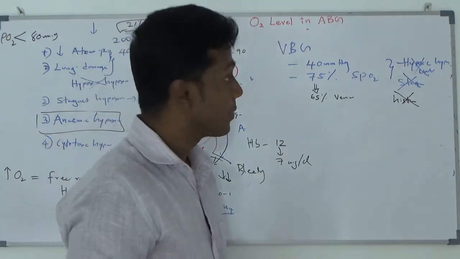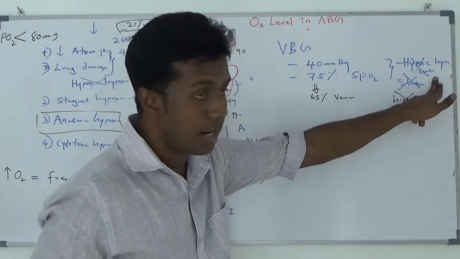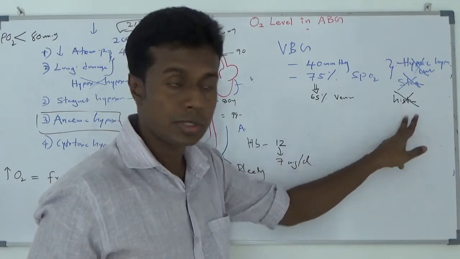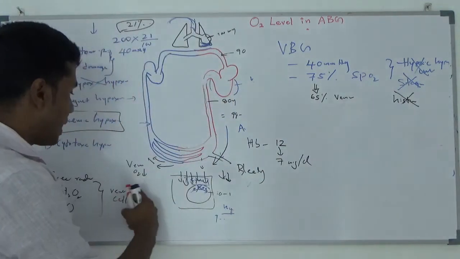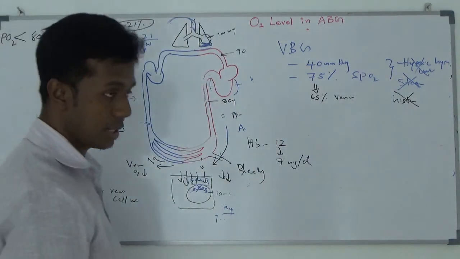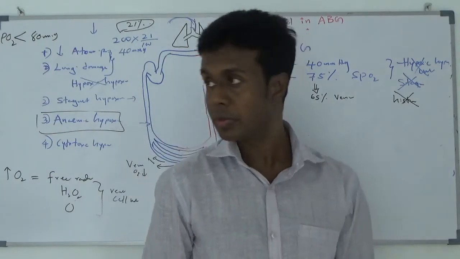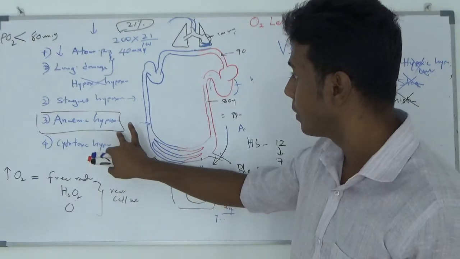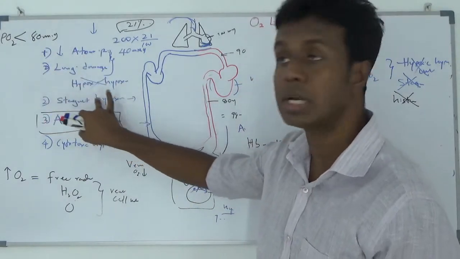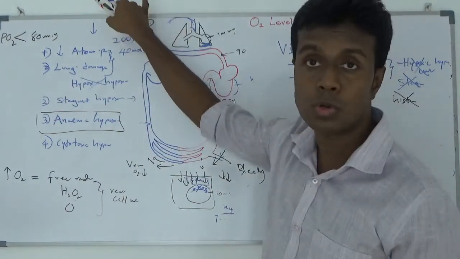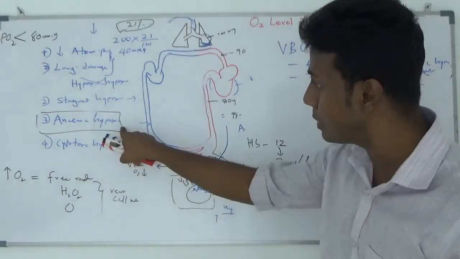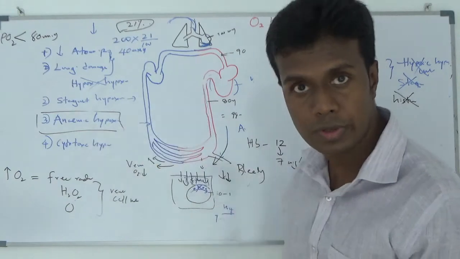during the surgery, unlikely to have hypoxic hypoxia, unlikely to have stagnant hypoxia, unlikely to have histotoxic hypoxia. The only problem you can have here is anemic hypoxia. What can you do? Your cardiac output is okay, no need to increase the blood pressure. Your hypoxia is not there. Even if you increase oxygen from 20% to 60%, 100%, nothing will happen. The only problem is anemic hypoxia. You have to give blood.